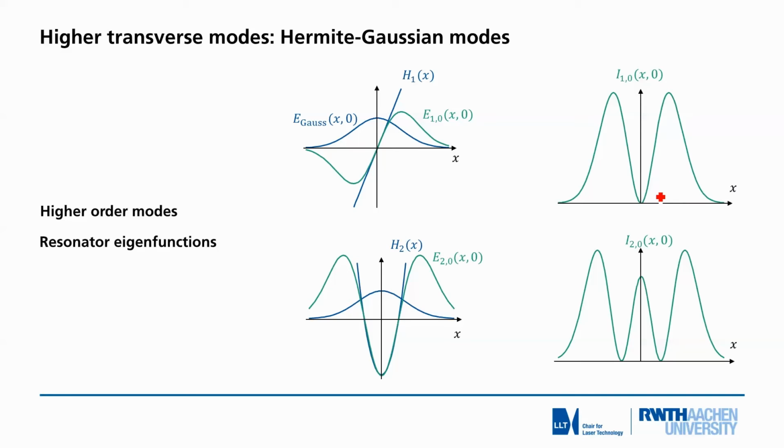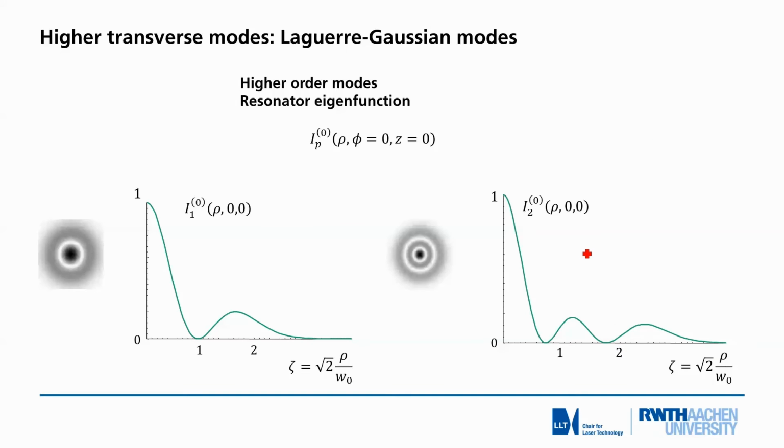The next order would be a square Hermite factor, so that would be a parabola, an x square. If we multiply the x square with the fundamental mode Gauss, then we get this type of distribution. Again, square the result, we get 3 peaks, or a ring with a dot in the center if we think of radial symmetry. Radial symmetry is not Hermitian modes, but Laguerre-Gaussian modes. Same thing actually. The first order results in a peak and a ring, the second order in a peak and 2 rings, and so on.